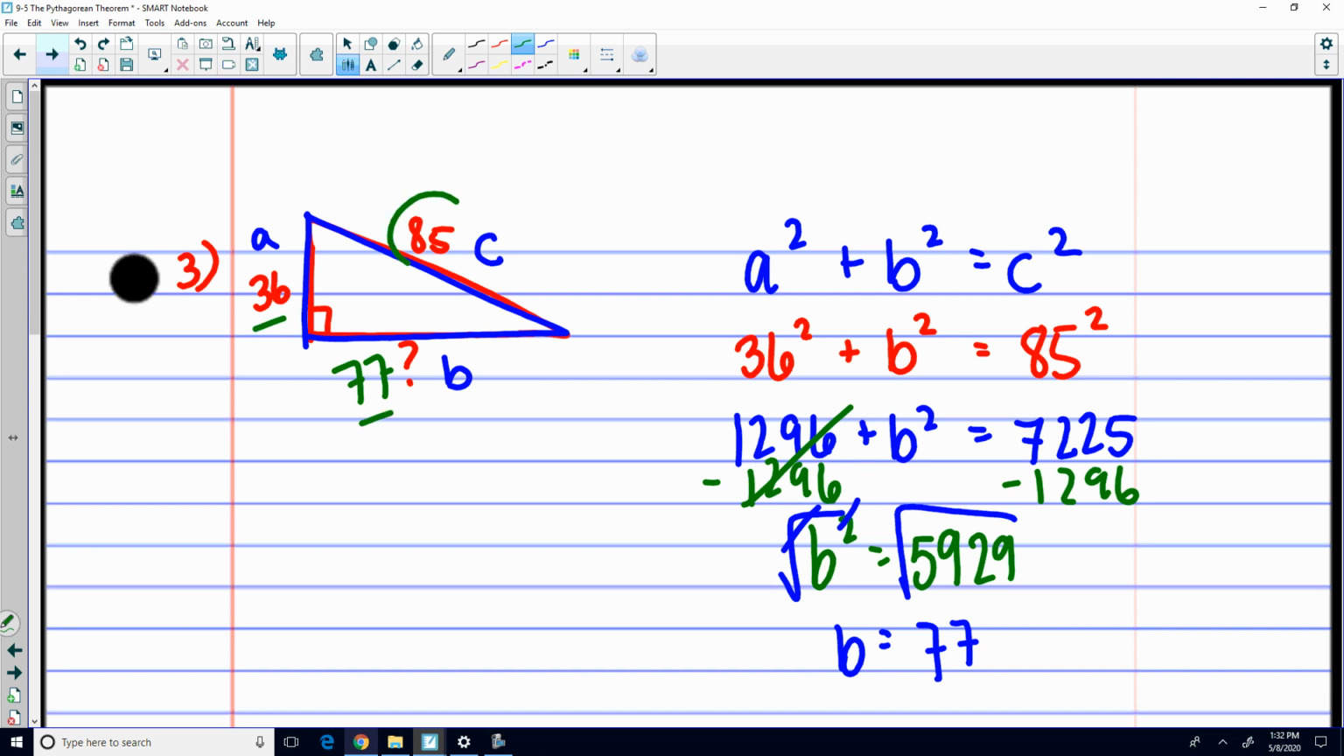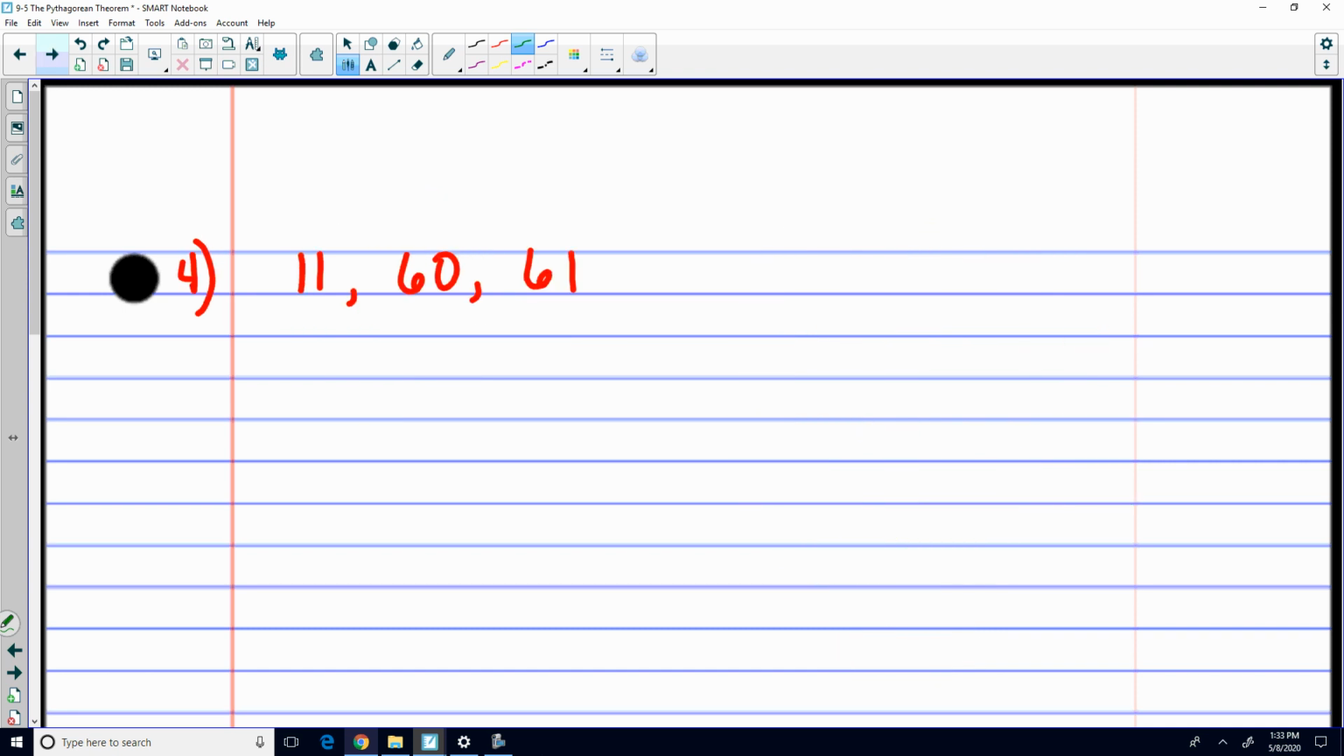36, 77, 85 should be my longest side. Proportionally, the way I drew this, 77 is longer than 36. So that looks good. My B side is 77. All right, finally, these are our